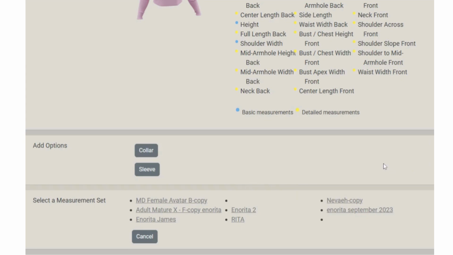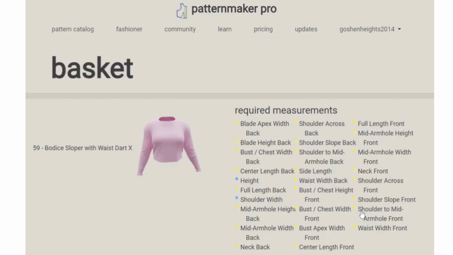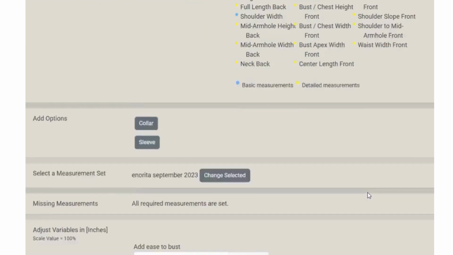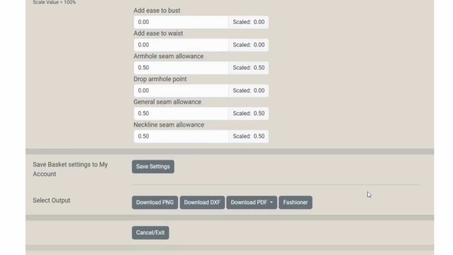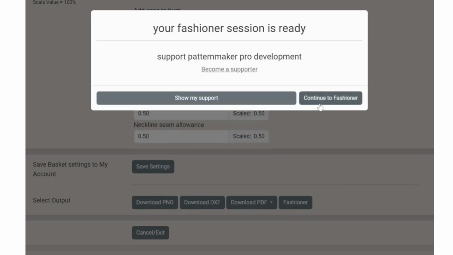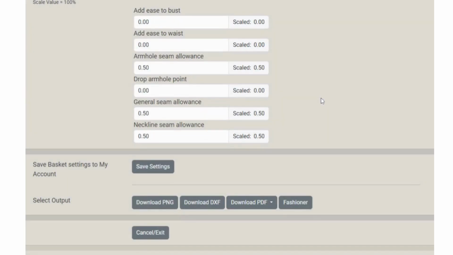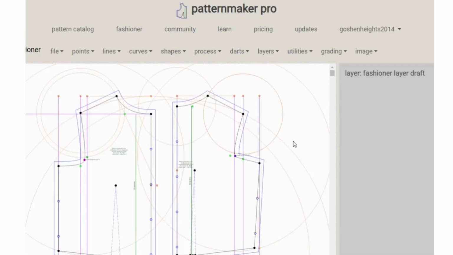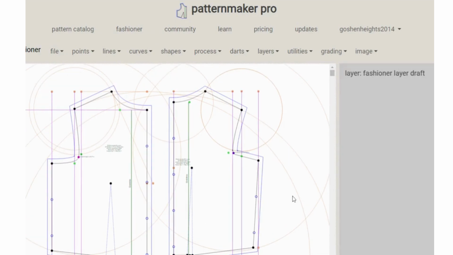And then you scroll down and then we are going to go to the fashioner, because that's what we are going to be using to be able to transform this basic body block to a bustier princess dart. Now this is what it looks like. This is a basic body block. This is the front and this is the back. As you can see, it's very, very busy. So what we are going to do, I'm going to remove all these circles around it so that we'll be able to work with it without any kind of